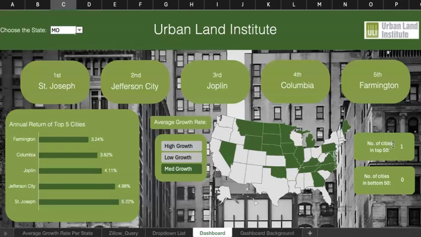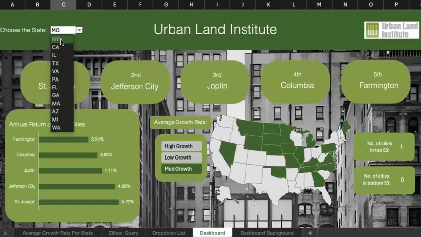And then if you look over here, these also auto-populate from the selection in that cell as well, with the number of cities in the top 50 of that 939 total cities we took the data from. So this is basically saying that Montana has one city in the top 50 for annual growth rate and 0 cities in the bottom 50 for annual growth rate. So this would be used as a good gauge for finding a state where to start a company, so you can see how many high growth cities there are.